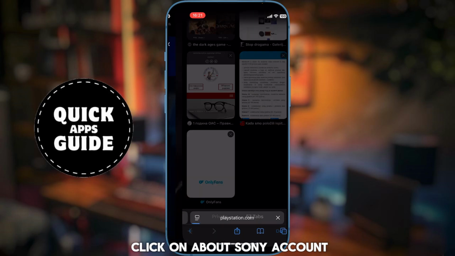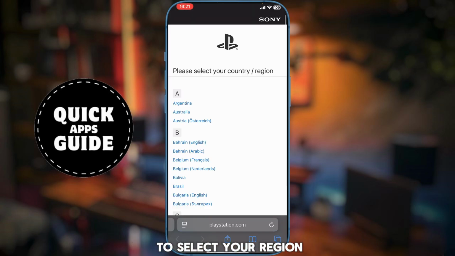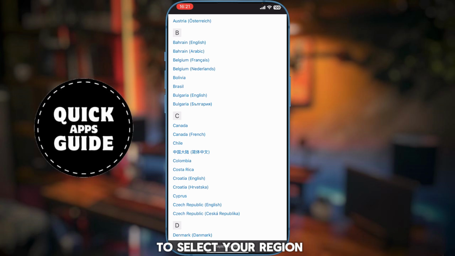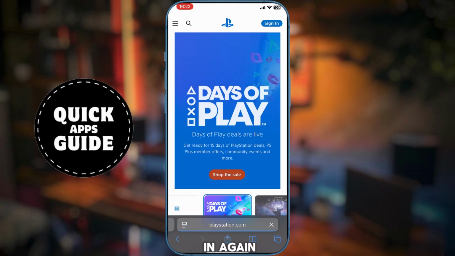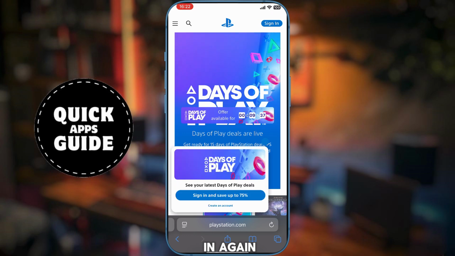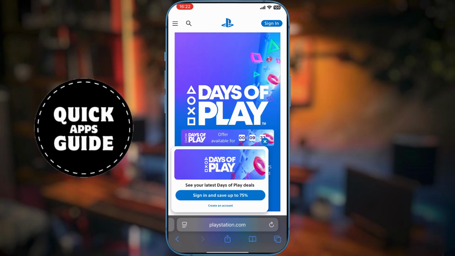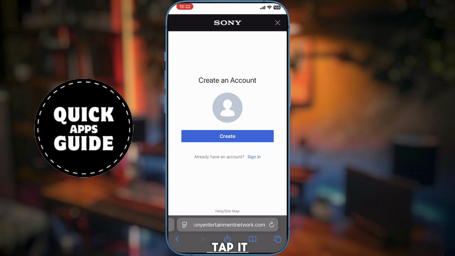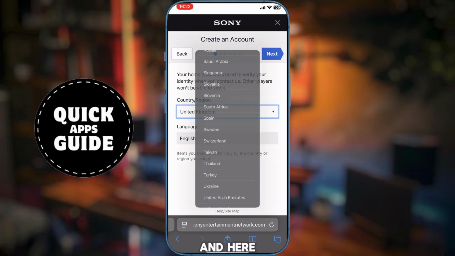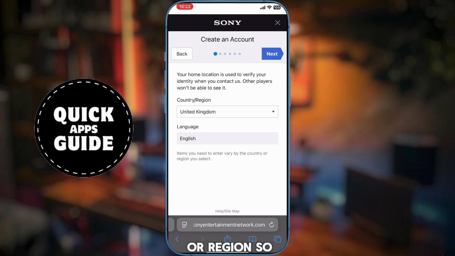So you want to click on About Sony account. And here you want to select your region. When you select it, just click on it and go to sign in again. Click on allow, and here you will get an option, create an account. So you want to tap it, click on create again, and here you will just have to choose your country